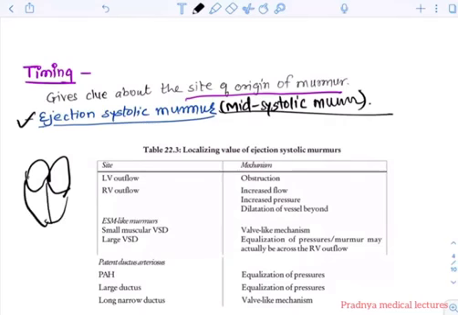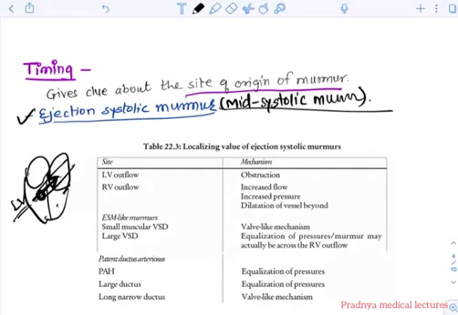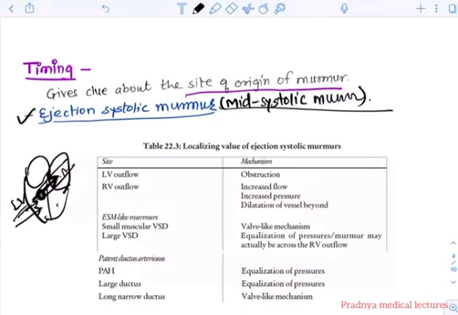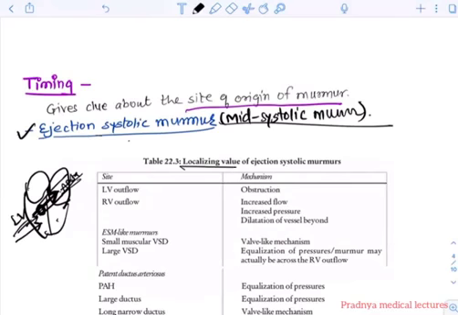So if we draw the heart, here is LV and here is aorta. If the blood is pushed from the LV into the aorta, and if this is stenosed, as we know with some tube, if we constrict it, there will be turbulence produced in the flow of the blood, and that's why there will be a murmur. So whenever the left ventricle undergoes the ejection phase, contracts, and blood goes into the aorta, the turbulence will be produced and the murmur produced will be an ejection systolic murmur.